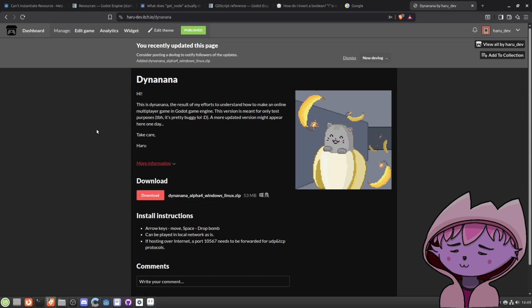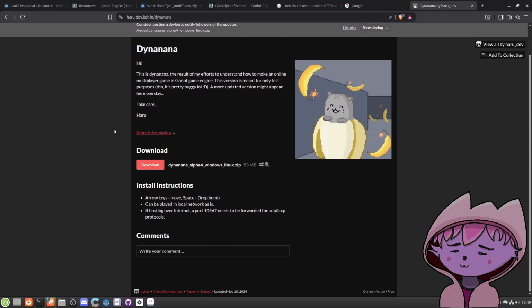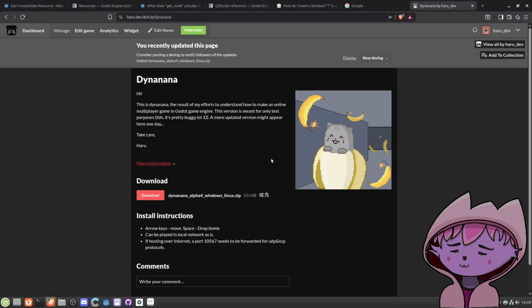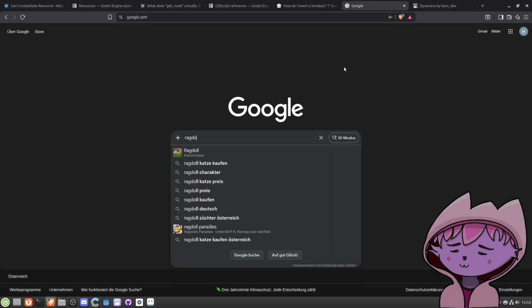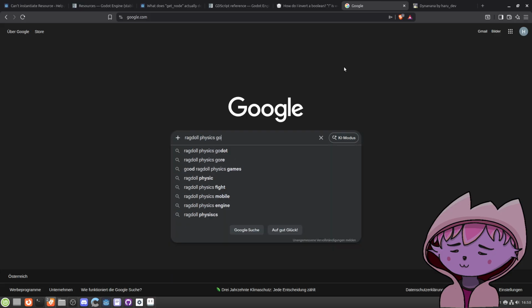This one. This is the multiplayer game which I have made. Bomberman style, with the banana cats who are spawning, exploding bananas and stuff. So I could steal or, well, copy paste the multiplayer functionality from this one. And then what I would like to have is ragdoll physics in Godot,